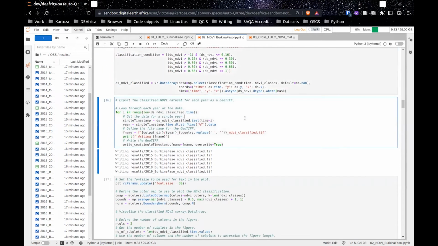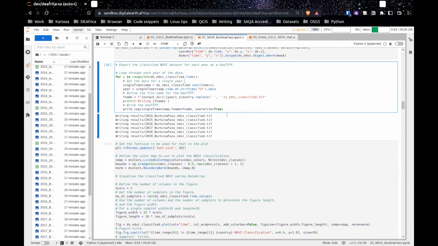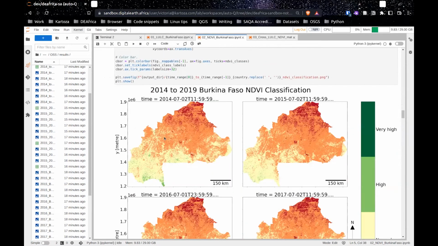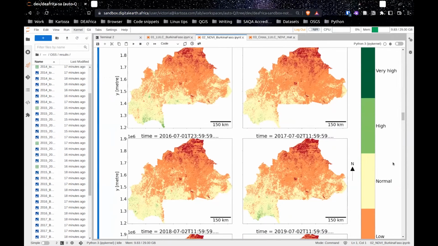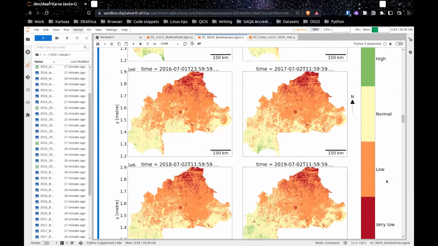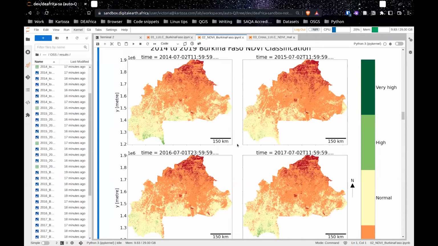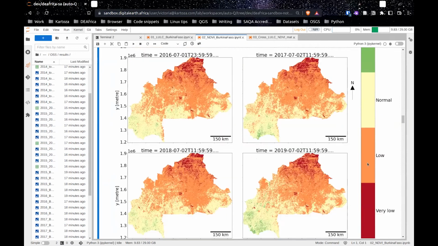For the reclassified data set, we also export it as a geotiff for each year, and also plot it as an image using matplotlib in this section. So notice we now have our five different classes: very low, low, normal, high, and very high. And for each year, we plot the NDVI classification for Burkina Faso. A majority of the areas seem to be in the low class, as you noticed by the slightly orange color